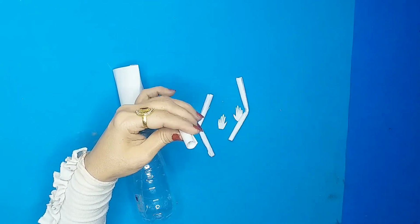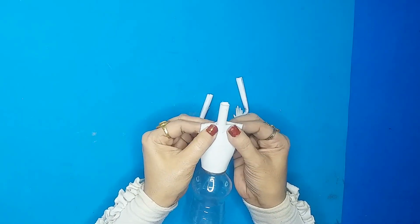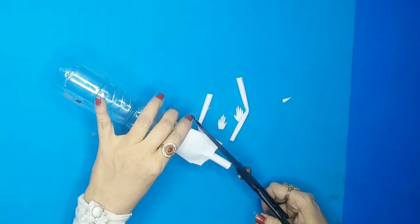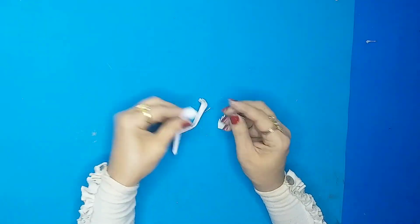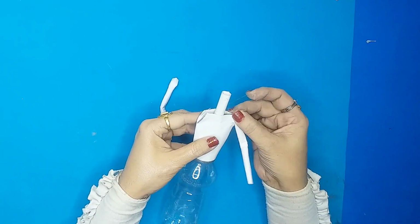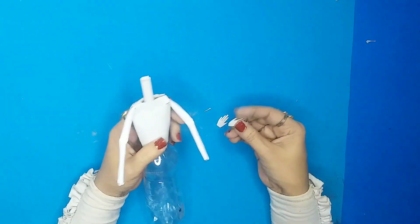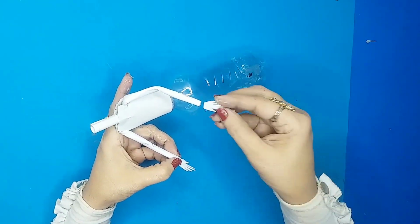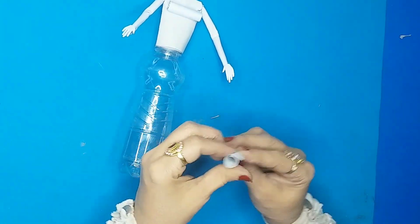Now what I'll do is that I'll take this coiling and place it inside the doll. So this will be the neck, and then I'll cut the corners a little bit. And I'll insert these two hands on each of the sides. Now I'll also stick the palms, and once that is done over here, I'll just give some highlights to the